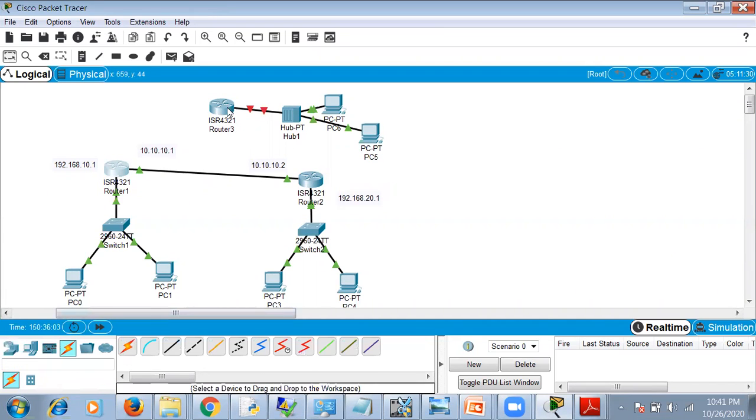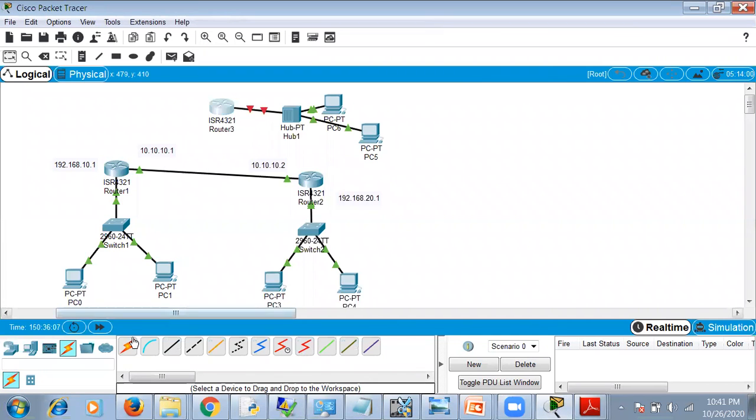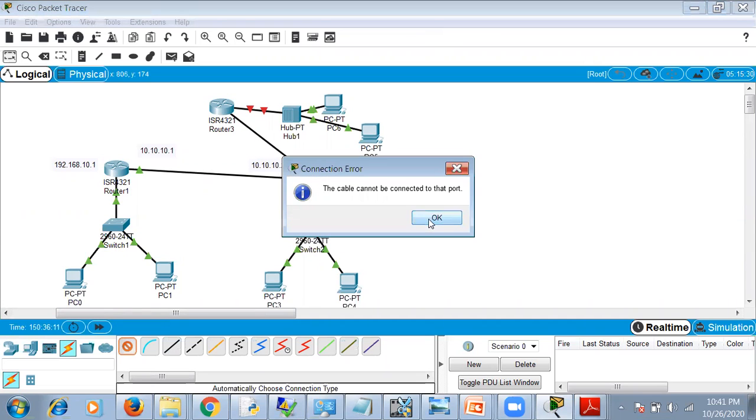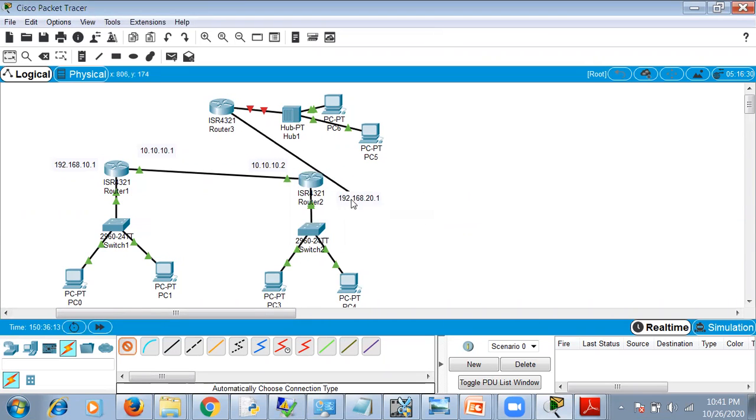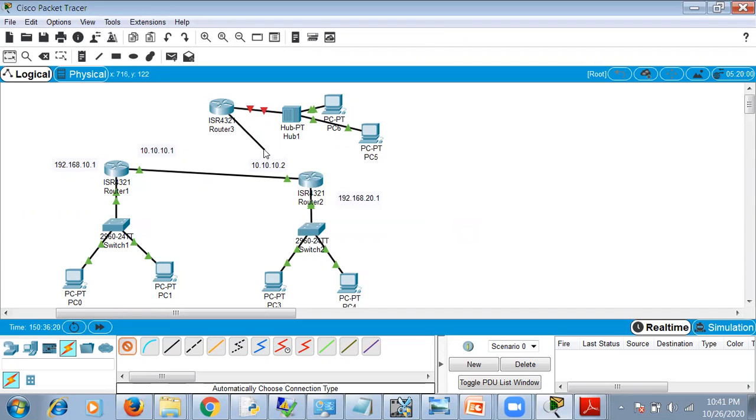Now, when we try to add a link to it, it gives you an error that the cable cannot be connected to it. The reason is that, so you click on escape, the link goes.